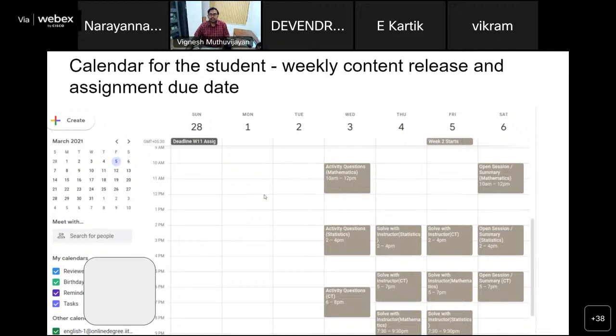Make sure that this calendar is synced to any device, any calendar that you use, so that you get all the reminders and all the notifications so that you can actually get involved. So you will be able to participate in the various activities. Even in case you are not able to participate in the live sessions, please do watch the live session videos. They are quite helpful. It will help you improve in the course.